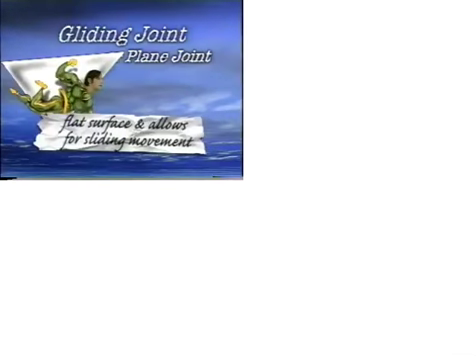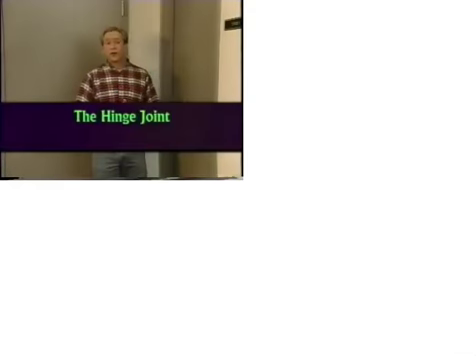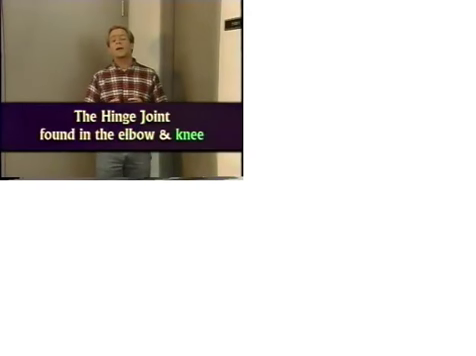The gliding or plane joint has a flat surface and allows for sliding movement in between bones. The gliding joints are found between ribs and vertebrae and in the joints of the wrists and ankles. The joints in the wrists and ankles are known as the intercarpals and intertarsals. Makes sense, doesn't it? The hinge joint, found in the elbow and knee, is made up of the convex end